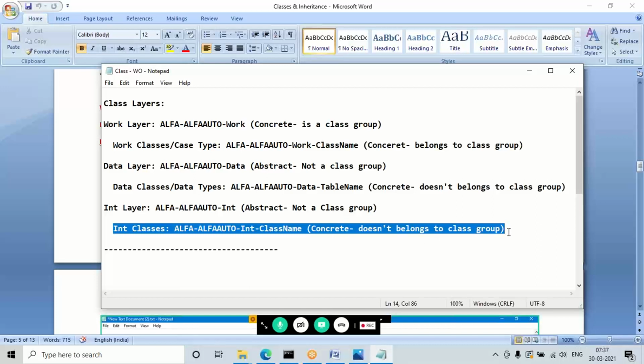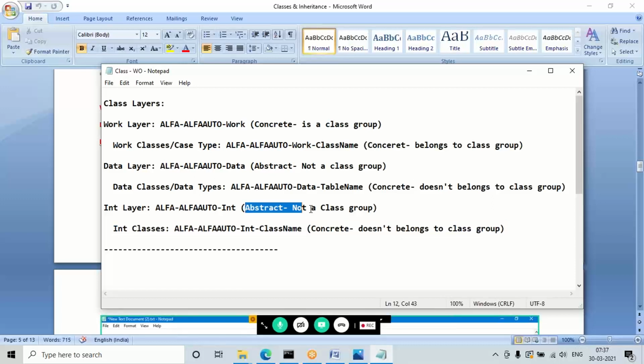See, that is the Pega design structure. We can't decide or change that. Pega has already defined that structure in the background. So any subclasses created under the data layer or integration layer automatically come under concrete. The reason it does not belong to a class group is that your abstract is not a class group. Under that, anything you create automatically gets the technical term concrete does not belong to class group. So don't worry too much about the logic.